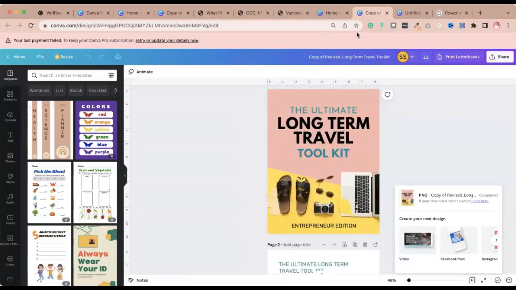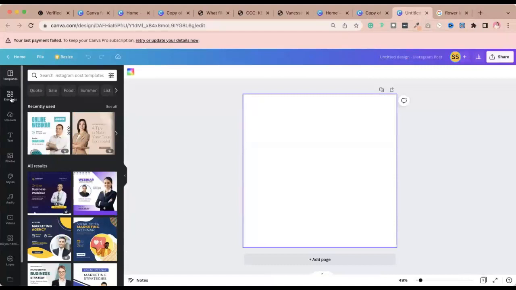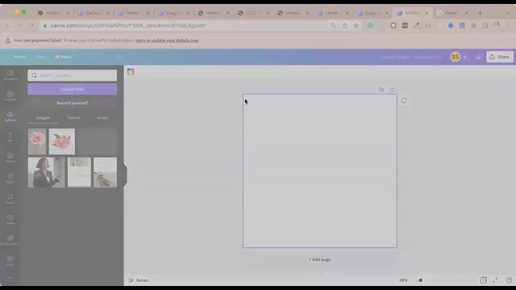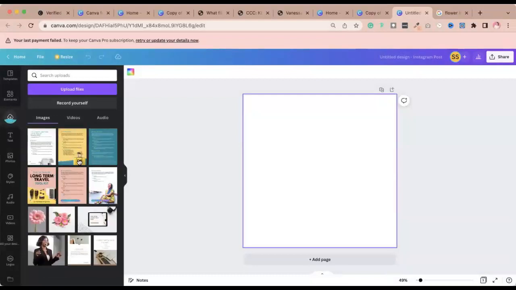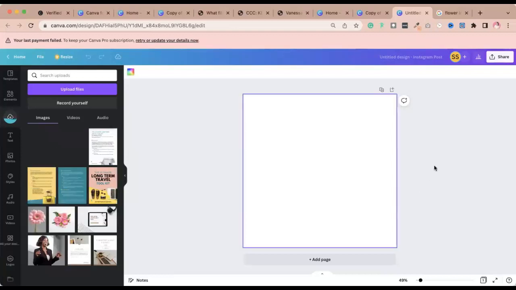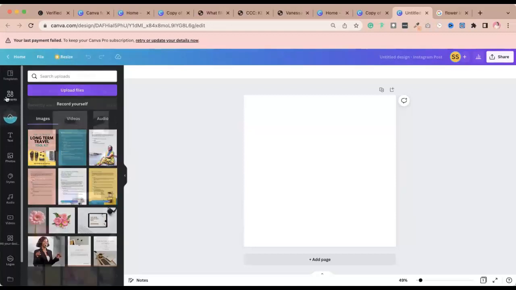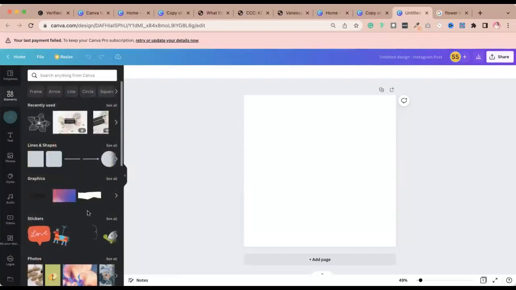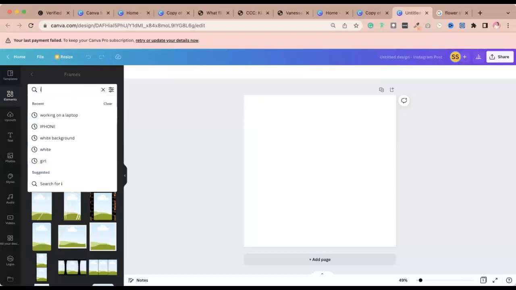Okay, then now let's go back to Canva. So now let's upload those PNG files that we just downloaded. Okay, so they're now uploaded as an image. So let's start by using frames in Canva. When we go to elements, we can find frames, and there's actually something for an